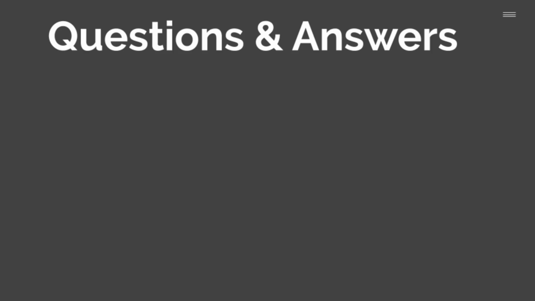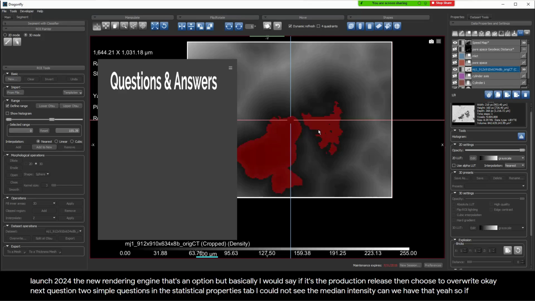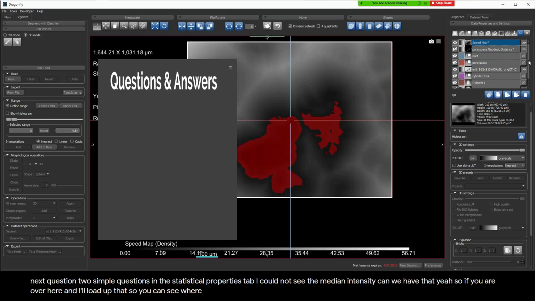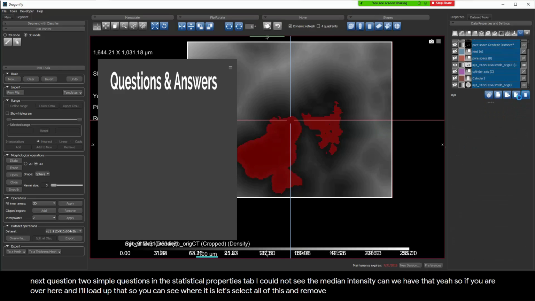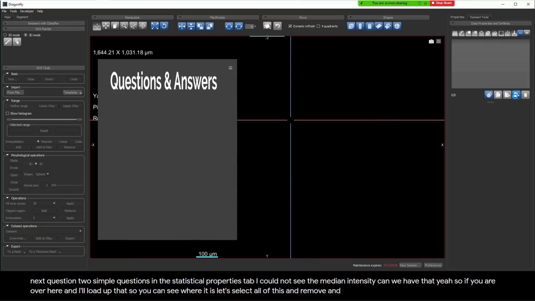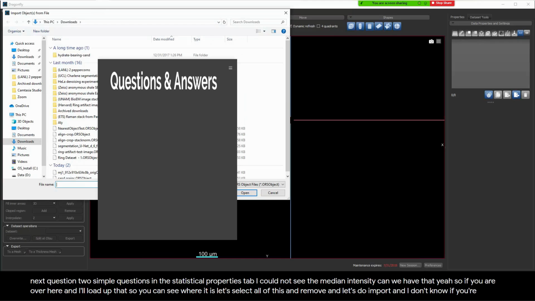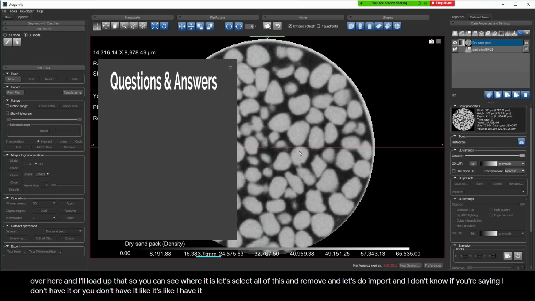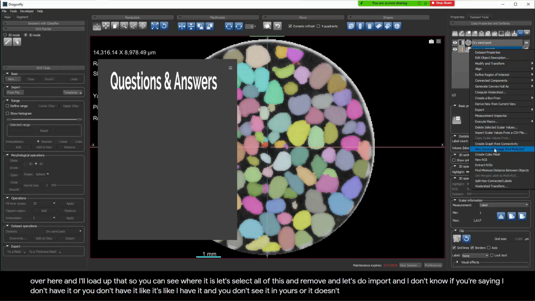Okay, next question. Two simple questions. In the statistical properties tab, I could not see the median intensity. Can we have that? Yeah, so if you are over here, I'll load up that so you can see where it is. Let's select all of this and remove, and let's do import. And I don't know if you're saying I don't have it or you don't have it. Like, I have it and you don't see it in yours, or it doesn't exist and you would like us to